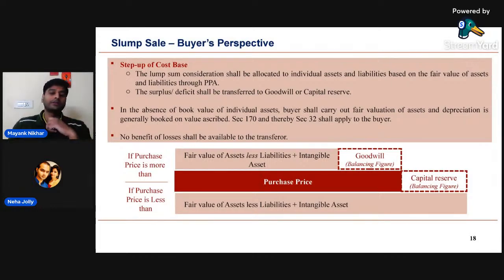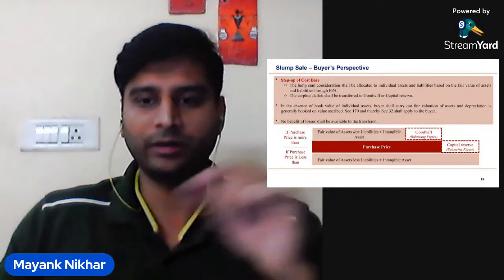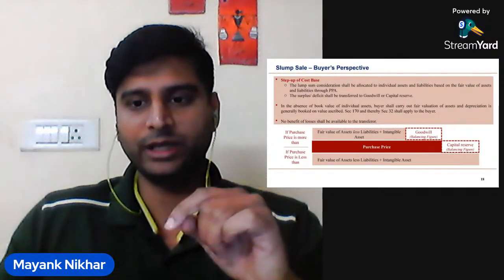the fair values of assets less liabilities. So you have obviously paid more than the fair value, so the balancing amount shall be goodwill. It is important to note here that fair value of assets less liabilities plus intangible assets that have been later identified and separately valued. So if the purchase price is even higher than the sum total of assets less liabilities that were appearing in the balance sheet, plus the intangible assets that have been recorded over and above the assets which are appearing in the balance sheet,